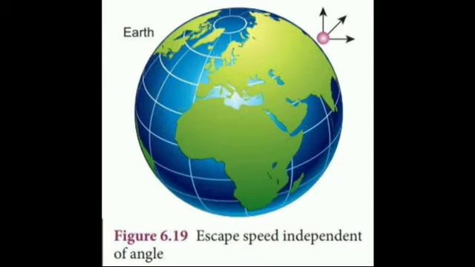Escape speed depends on two factors: acceleration due to gravity and the radius of the Earth. It is completely independent of the mass of the object. The escape speed is independent of the direction in which the object is thrown. Lighter molecules such as hydrogen and helium have enough speed to escape from the Earth, unlike the heavier ones such as nitrogen and oxygen. So, compare the average speed of hydrogen and helium atoms with the escape speed of the Earth.